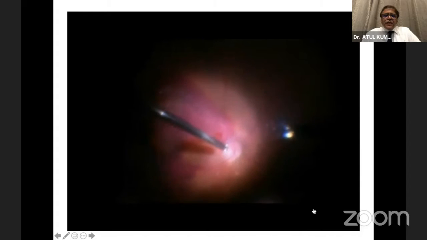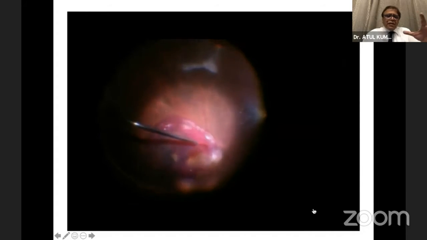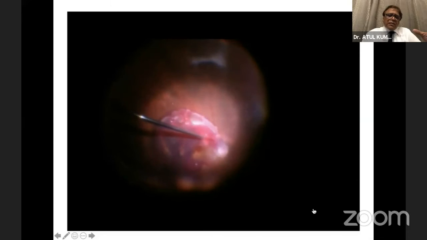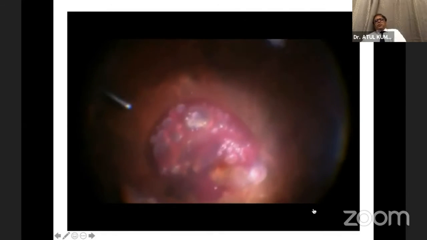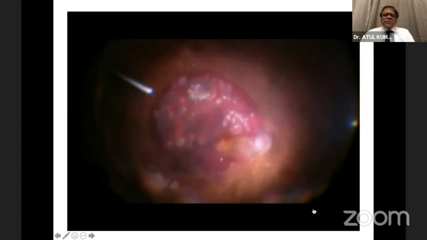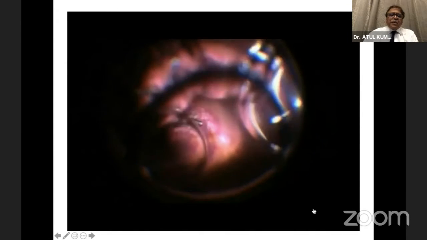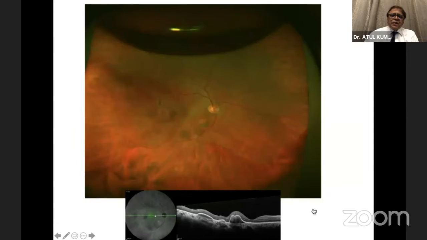So we just go in, and at the supratemporal part we put in the entire cocktail, and the air is in the end, so that may not come out. It may come out, but the air coalesces together in the end, and so you get a blister-like formation like this once the whole cocktail is inside, and that's the end of surgery. You just put in some air. I put a little gas, SF6, and prop up the patient. And usually results are very exciting,